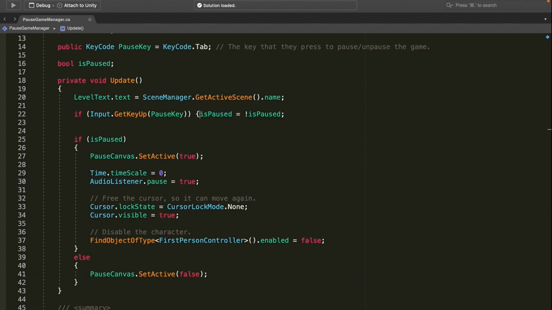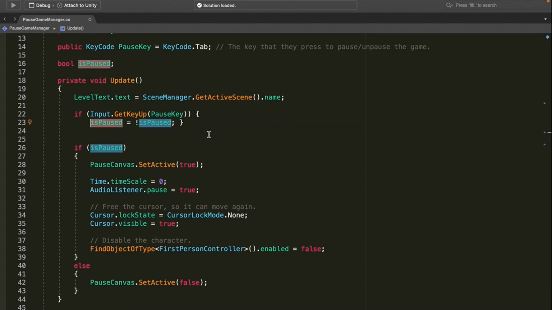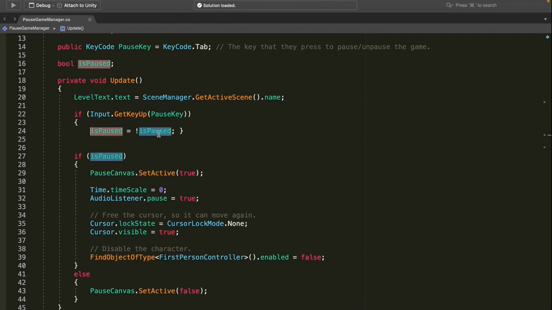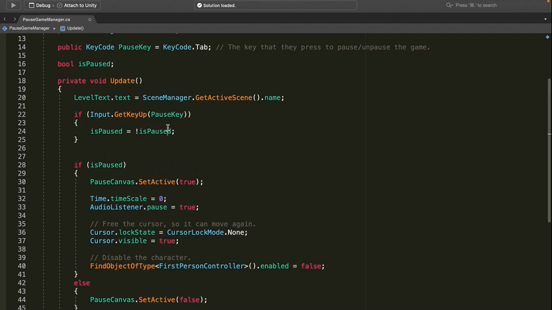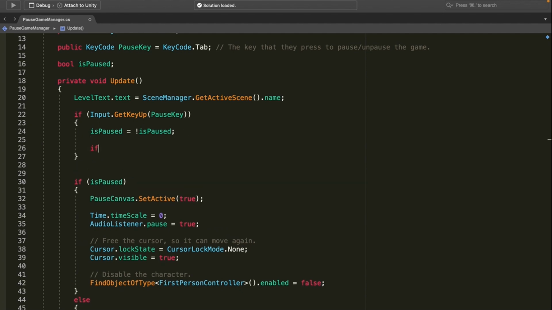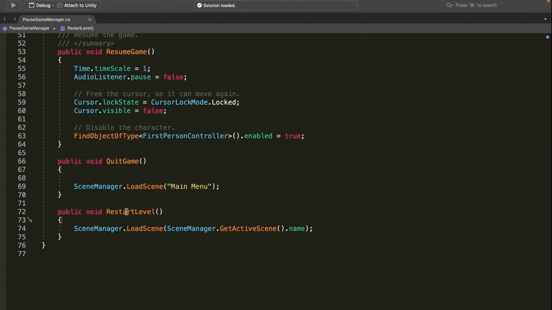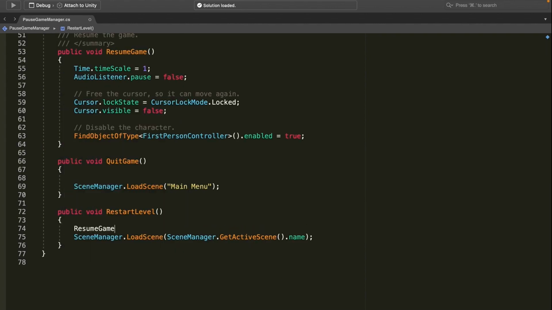I'm going to add an open curly bracket here, a closed curly bracket here, and then just press enter right here and enter right here, just like this, because there's one more thing that we need to add in here. We want to go ahead and say if open parenthesis exclamation mark is paused, we want to go ahead and say resume game. Just like that. So when I press restart level here, I'm going to go ahead and resume the game first,